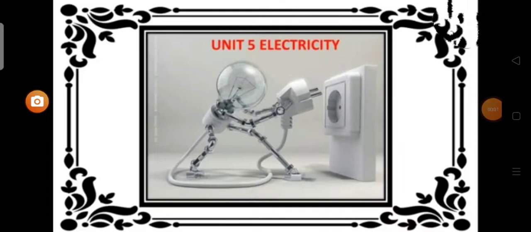Dear students, now we see Standard A, Unit 5, Electricity. All things we use in our life are made up of elements. Each element is made up of atoms, which is the smallest unit. Atoms are made up of particles like proton, electron and neutron. Movement of electrons in a material constitutes electric current and generates an energy that is called electric energy or electricity.